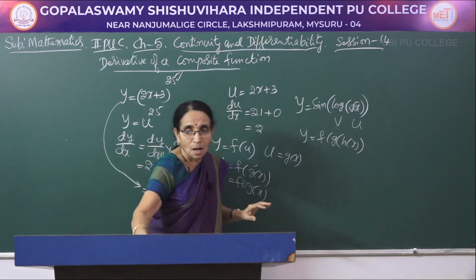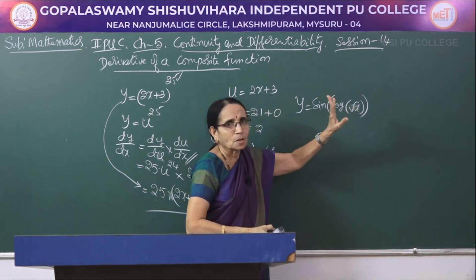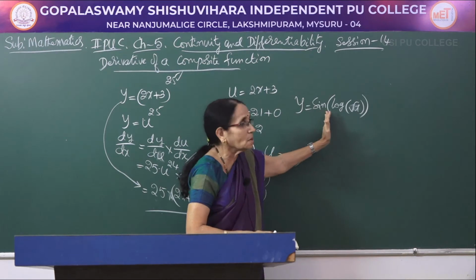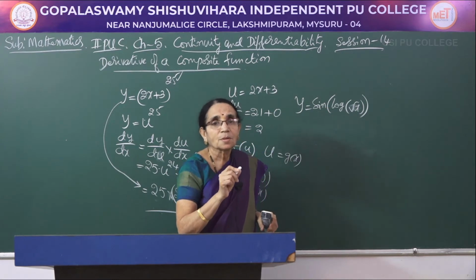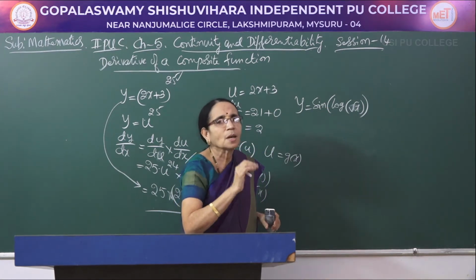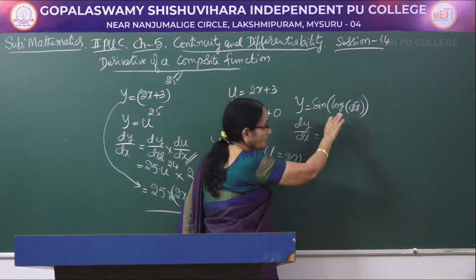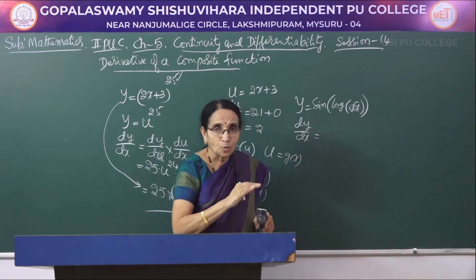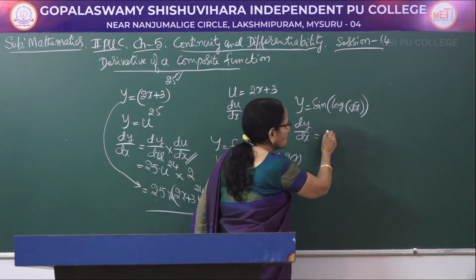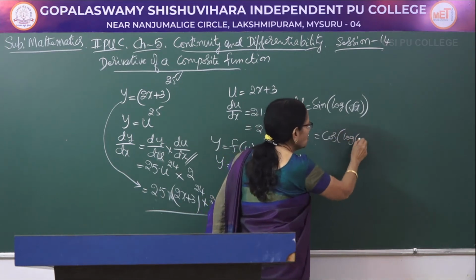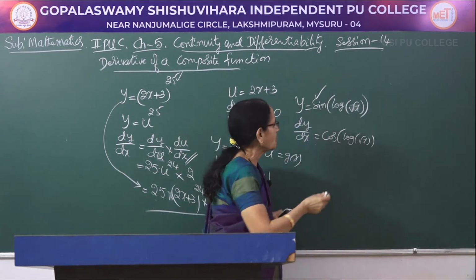So, here three functions are there and you observe that the index is 1. So, directly we can differentiate. Start from the left, the outermost function here, sine of x, what is the derivative? Sine of x has the derivative cos of x. So, sine of anything would be cos of the same thing. Therefore, dy by dx. See, though there are three functions involved here, if you show the substitution, two substitutions you have to make, then sine of something would become cos of log of that. So, the sine part is over. You need not put it like that, only I am writing like this.